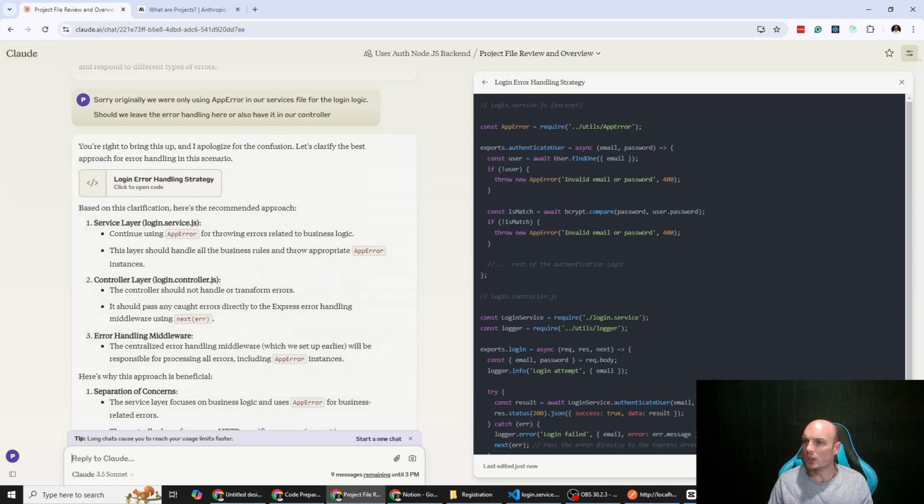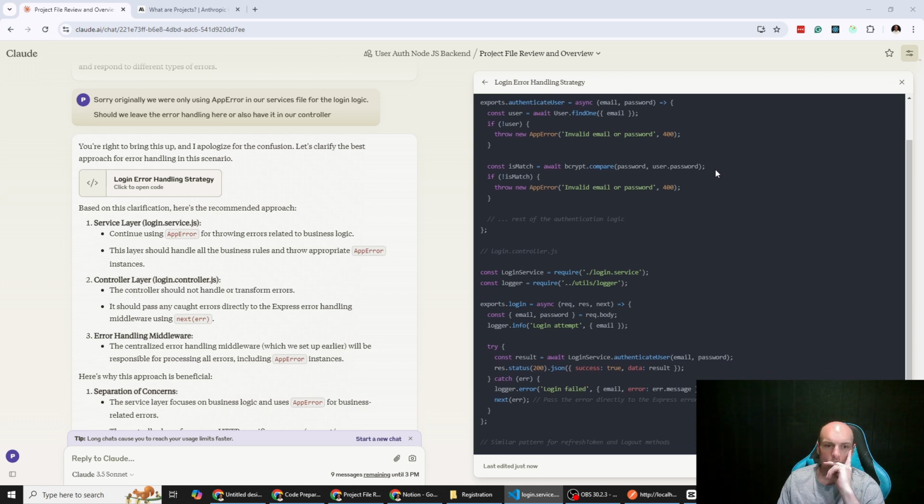So in our controller, if no user throw new app error, invalid, user match. That's still the same. And then in our login controller,